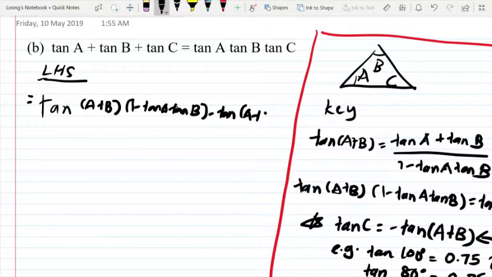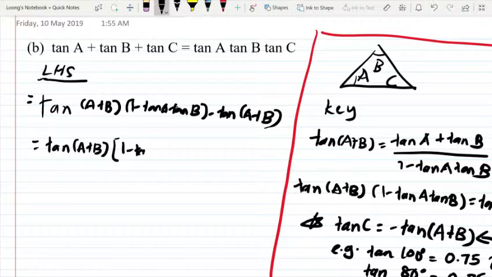A plus B. And now we could factorize it by taking out tangent A plus B, where what we are left with is 1 minus tangent A tangent B minus 1. This is what we are left with,